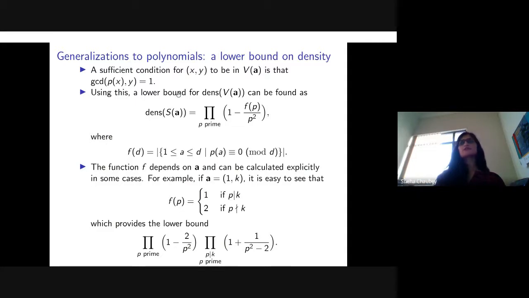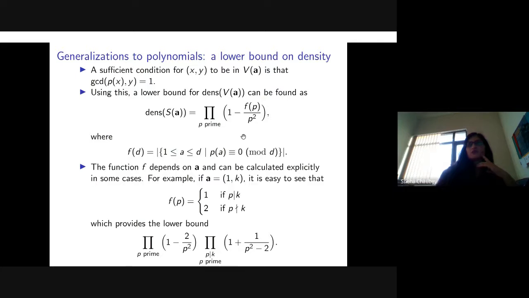But what one can do is at least give a lower bound on this density, because a sufficient condition for a point x comma y to be in V of A is that the GCD of P of x comma y should be equal to 1. So we don't have a necessary condition, unlike the case VB, but at least we have a sufficient condition which will help in giving a lower bound. Because of this, basically you're counting all those x, y's for which the GCD of P of x comma y is 1. One can do some quick number theory, use some generalized Chinese remainder theorem, and get a lower bound for this density